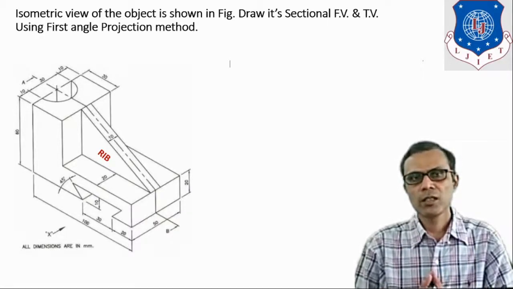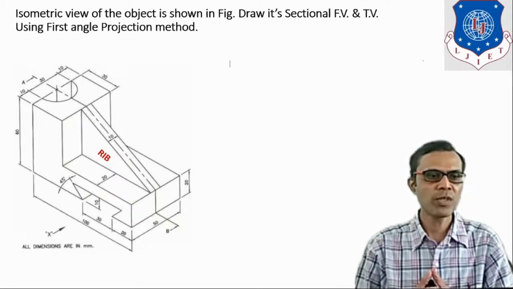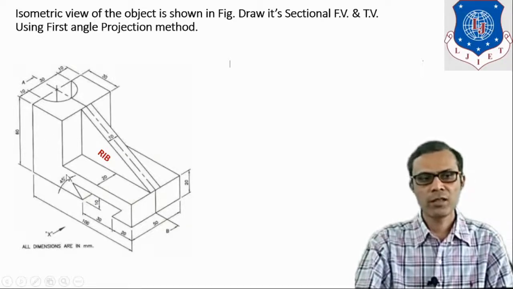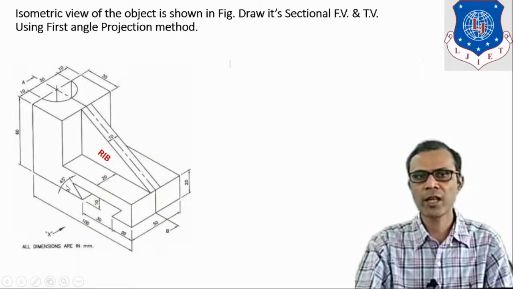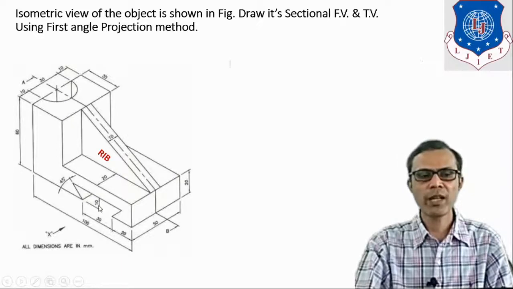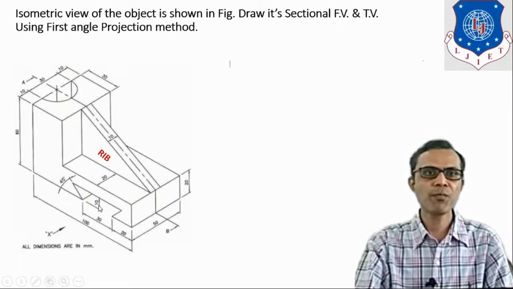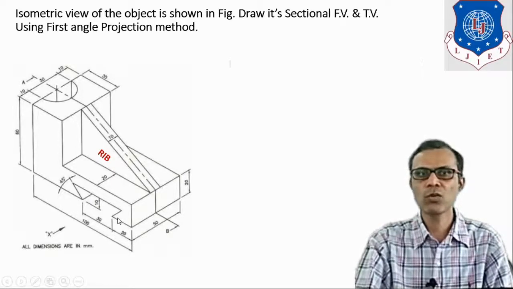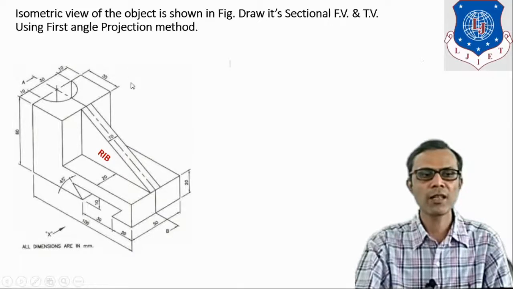Now let's see what the components of this object are. Here you can see it is a rectangular shaped plate. This base plate is also rectangular in shape, but a hole is cut at the bottom of this plate and it has a particular shape. It is known as a dovetail shaped hole. This angle is 45 degrees. Here also the angle is 45 degrees. Both of these angles are similar. Even if it is not given, we have to consider both of these angles as similar, 45 degree angles.